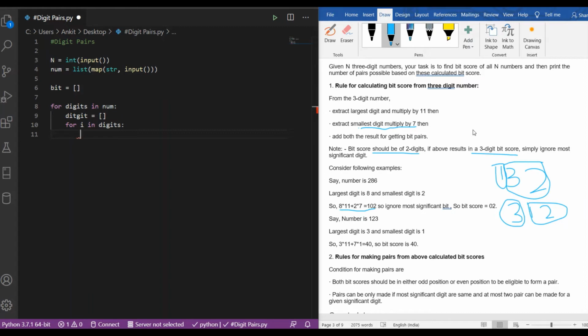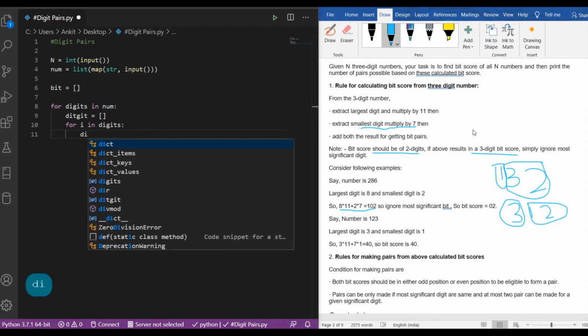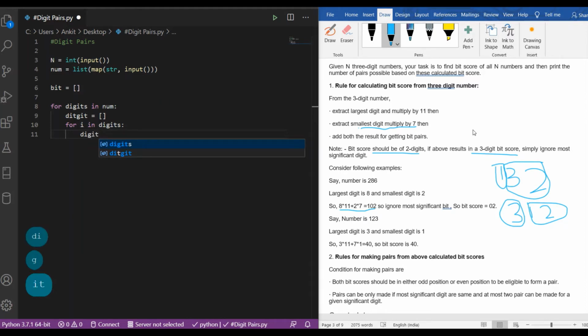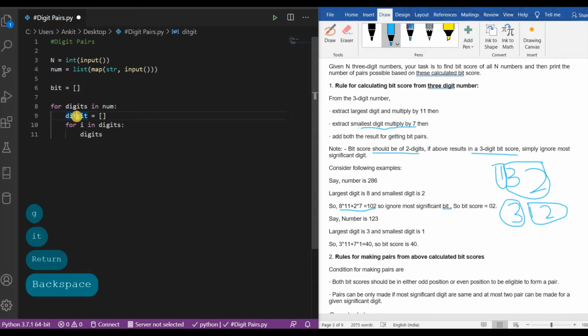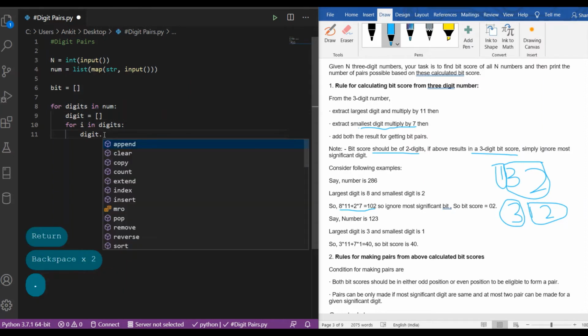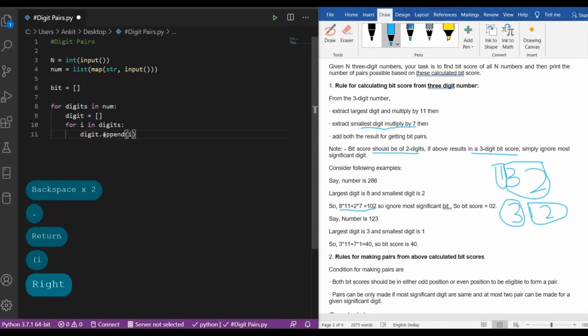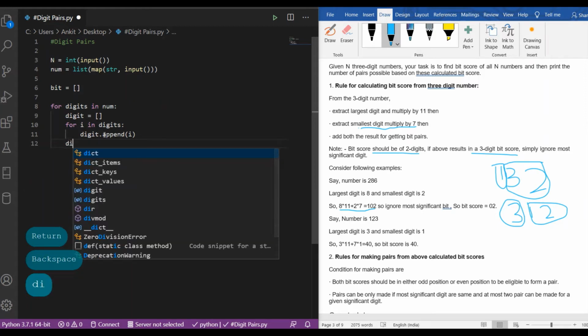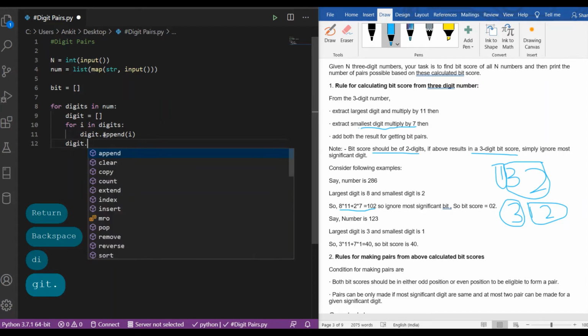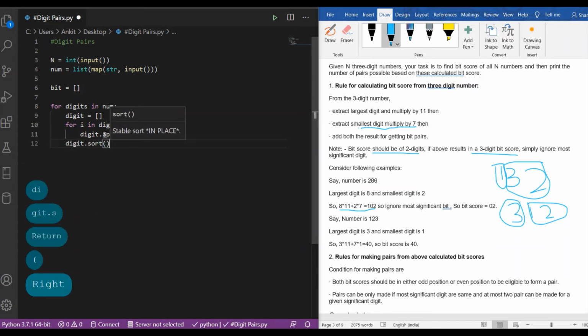So we will append the digits in the digit list, and after appending the digits we have to sort the digit list.